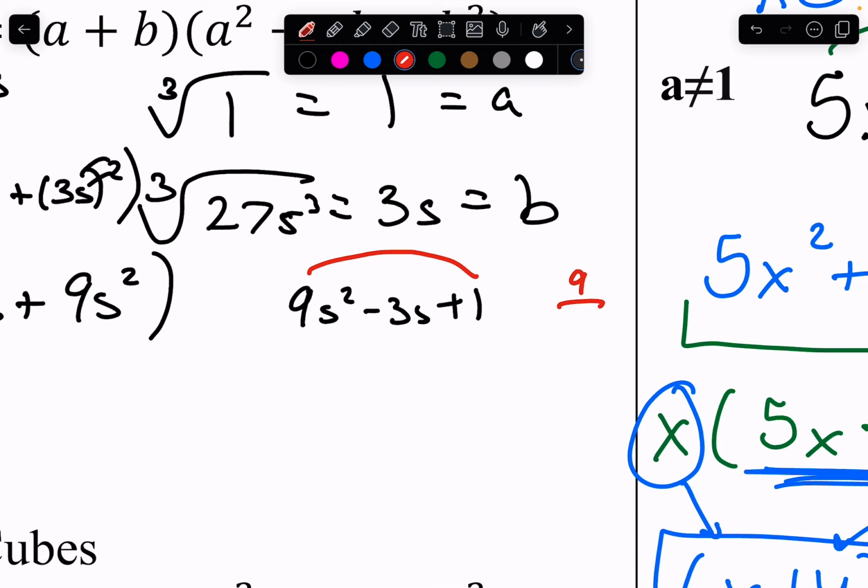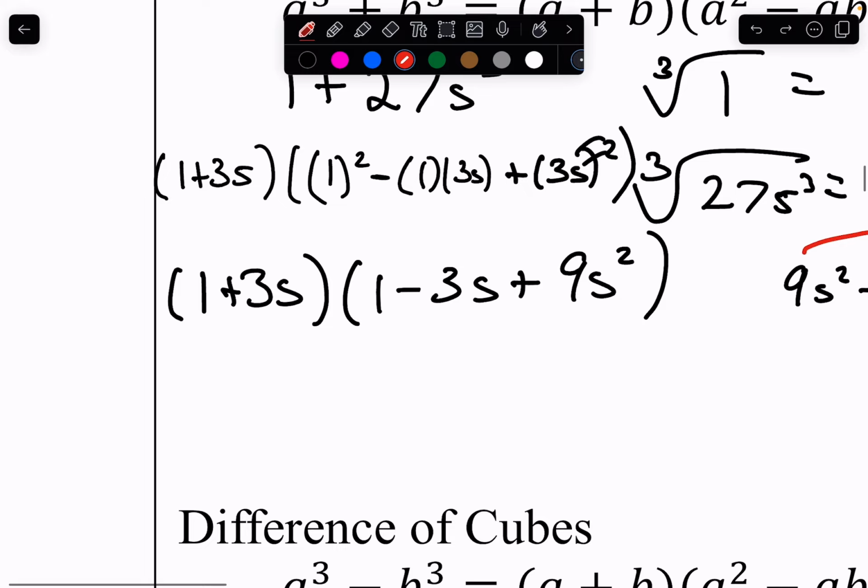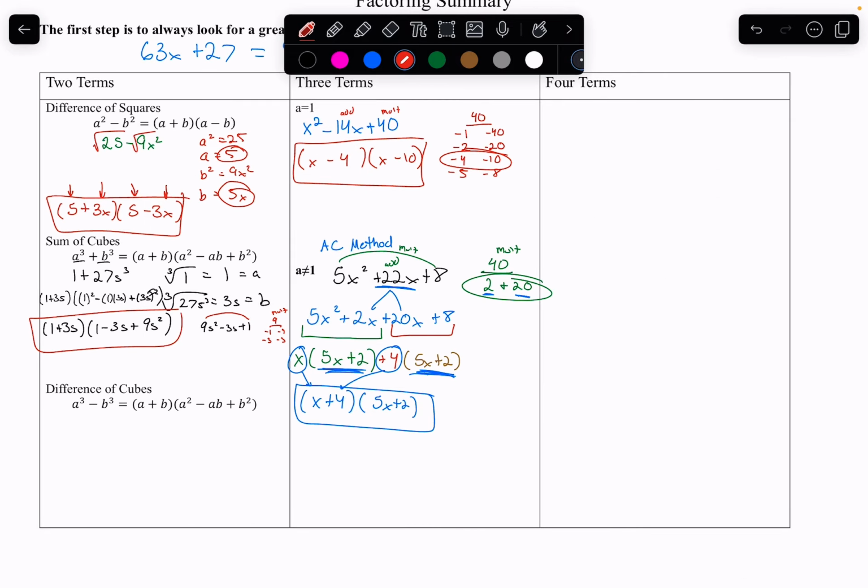we end up having to find a number that multiplies to 9 and adds to negative 3. There are no numbers that are going to do that, because the only way to multiply to a positive 9 and add to a negative number would be negative 1 and negative 9, or negative 3 and negative 3. Neither of those pairs is going to add up to negative 3, so this is not factorable. So we stop here. So that is our answer